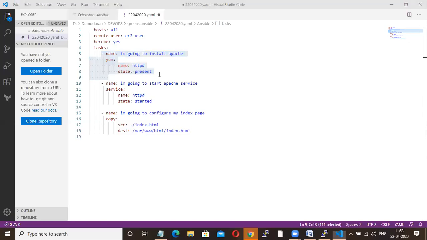Right? So you will replicate this three times. There should be some option to add it in the name itself, to append all the services in the name tag. Forget about this name, but my point is, you will replicate this yum module three times. But in Ansible, suppose you have to install 20 softwares, then you cannot write the same task 20 times, right? So to avoid this, you have one concept called loop.